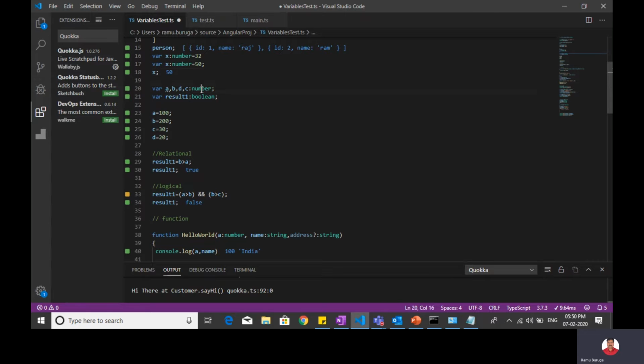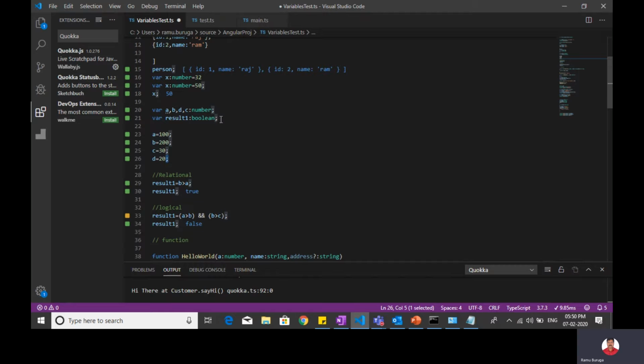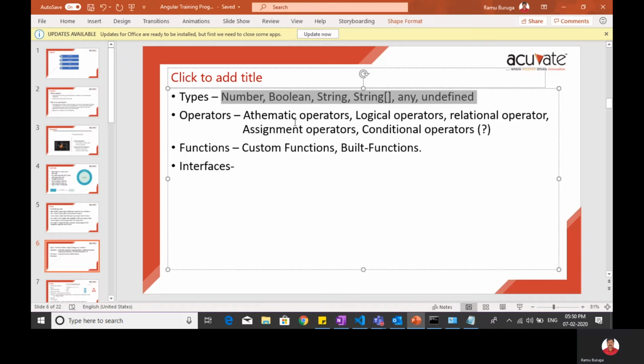Okay, yeah, you can assign the values also as I told you. This way you can declare variables, and next one is operators. You know that operators, right? We have in the C# language many operators: arithmetic operators, logical operators, relational operators, assignment and conditional operators. I don't want to go through them completely because you all know the arithmetic operators, plus, minus, division, percent, all the stuff, right?